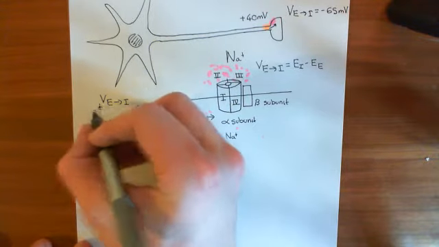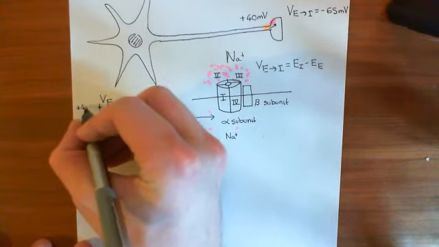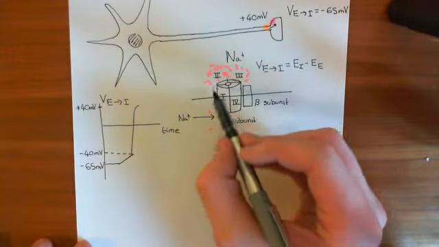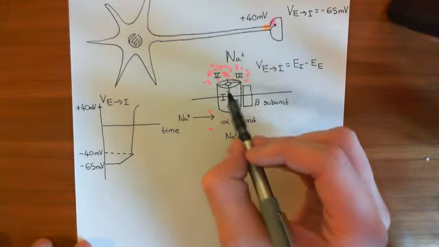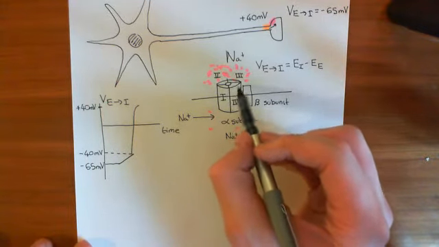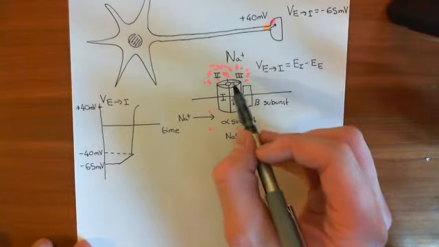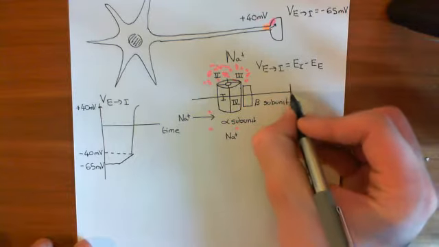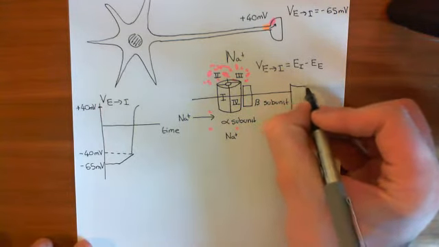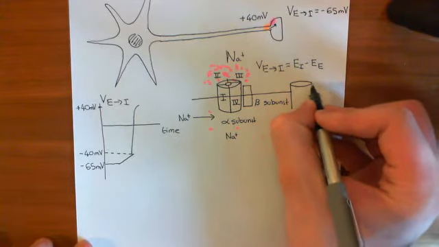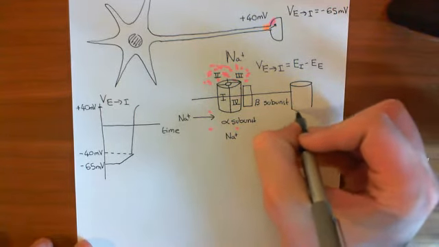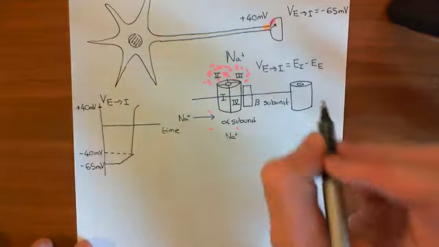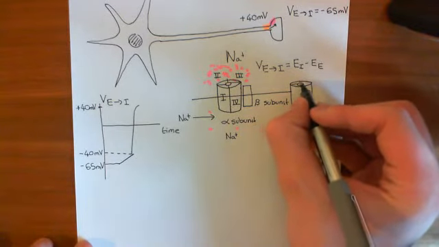And it usually manages to depolarize the membrane to around plus 40 millivolts. Now, after a certain amount of time, these voltage-gated sodium channels close, they inactivate, so they stop conducting sodium ions, okay? Now, just about at the time when the voltage-gated sodium channels close, the voltage-gated potassium channels are just about starting to open. So in your membrane you also have voltage-gated potassium channels, and these voltage-gated potassium channels are also